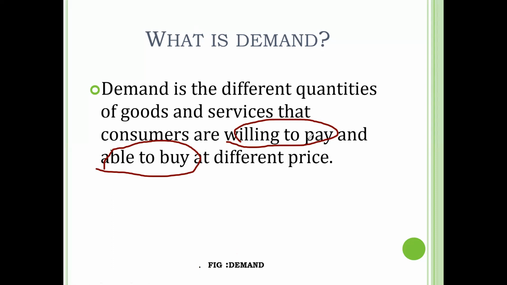The desire will arise in my mind to consume this product, for which I have to pay a certain amount. Desire alone is not enough. Let me break it down. It has two parts, willingness and ability to pay. That means I have the desire and I have enough money to buy that product. I have to fulfill the criteria: I have the willingness, that means I have the desire, then I have enough money to pay for that product. Then finally, ability to buy means